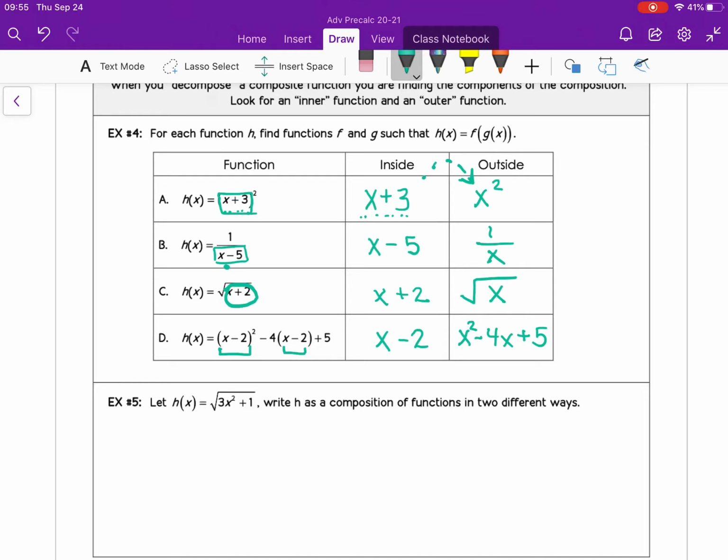So how would that look as an example? We want to write h as a composition. So there's a couple of ways you can do it. It kind of depends on the way your brain is thinking. Hopefully, as I'm writing some things, you are putting your brain in overdrive. What could I do? Notice it says 2 different ways, so I'm setting up over here way 1 and way 2. My brain says anything underneath that square root is the inside. So the inside is,